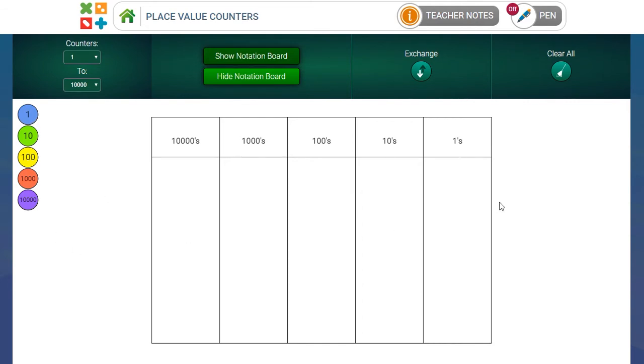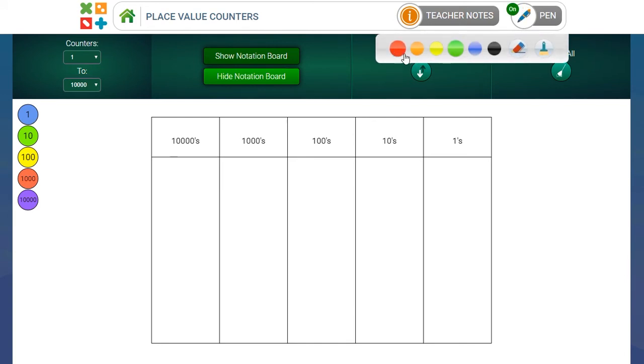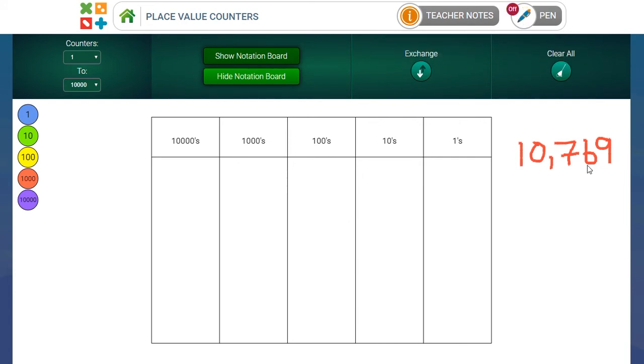So for example, just to give a simple example, you get your pen tool and write up the number, for example, 10,769. And I'm using the mouse here just to do with the pen tool, but you will be using it much more smoothly up on your interactive whiteboard using the pen that comes with the whiteboard. So 10,769. So I would ask the children in pairs or groups to set out that